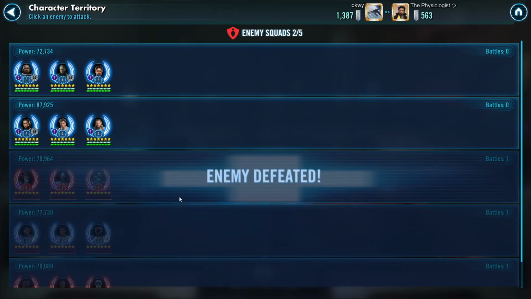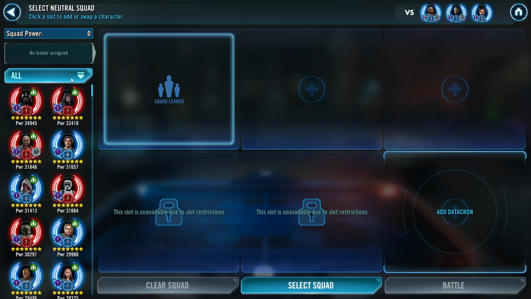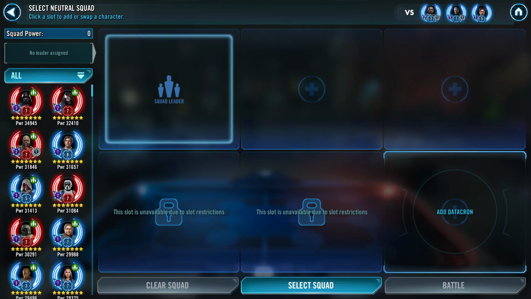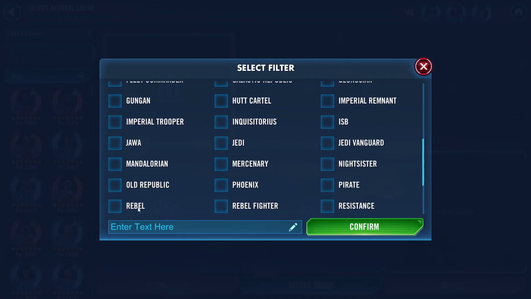I'm not beating Queen Amidala here. Like, there's literally no way. But I might be able to do something against Saul Luthen. So, don't remember what I used. I think I used Dashan Chewie because I have Dashan Chewie. And Dashan Chewie isn't going to do much against Queen Amidala. Especially because, from memory,